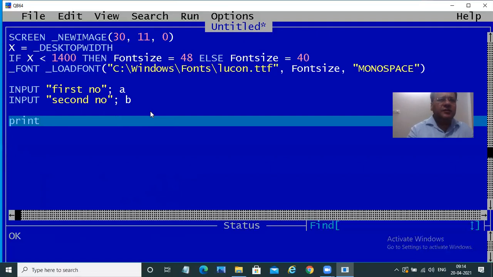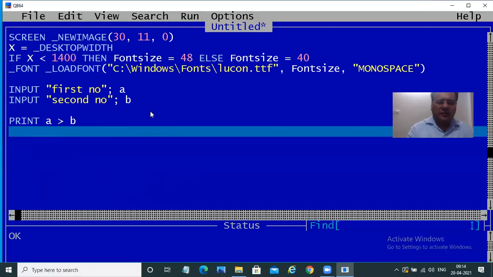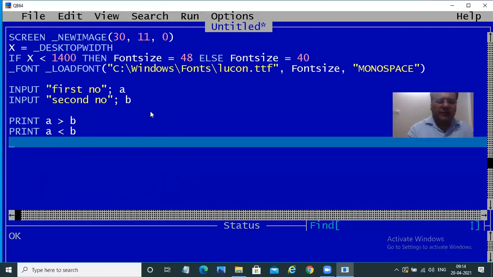A greater than B, print A less than B. We don't use the let statement, we are using the print statement here.